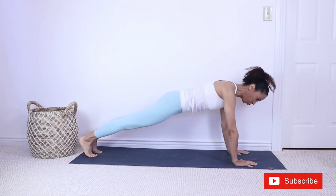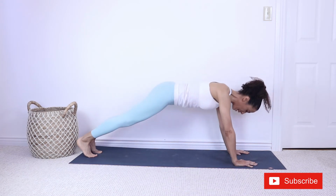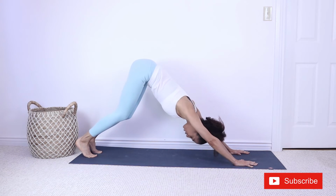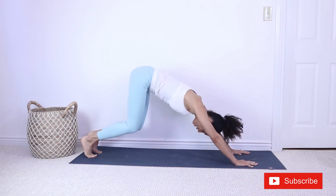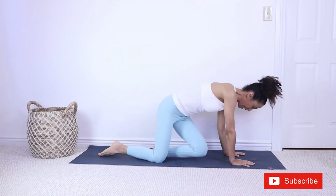Feeling lifting into the shoulders, lifting into the belly. Let's hold it for 4, for 3, for 2, for 1. And bending the knees, pressing the chest back. And knees down. Nice. Let's sit up